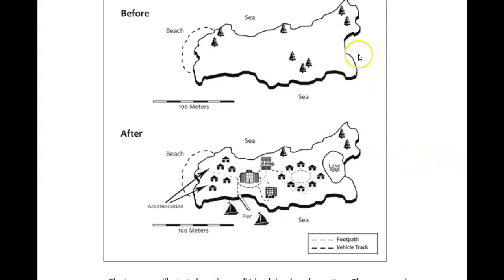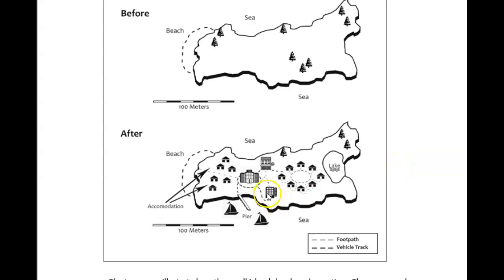So, a good rule of thumb when you have something like this is devote a little time, maybe a paragraph or so, a tiny paragraph if need be, to the before section. So just like before any sort of development, the island had some scattered trees throughout its area, I don't know, and there was a beach on the west end of the island. That's it, okay? And then you could talk about the 200 meters long, etc. Then, after infrastructure was built, the island, and then you can get into all that